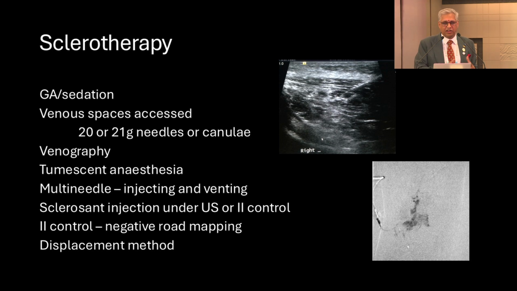Sometimes if it's a very localized malformation, I use tumescent anesthesia, basically dilute lidocaine around the capsule of the malformation, so you shrink the malformation. Advantage is that you have local anesthesia, but also you reduce the amount of Fibrovein or the sclerosant agent that you require. You get better surface endothelial apposition and contact of the sclerosant agent. I use X-ray control to make sure that you've got adequate filling of the malformation.